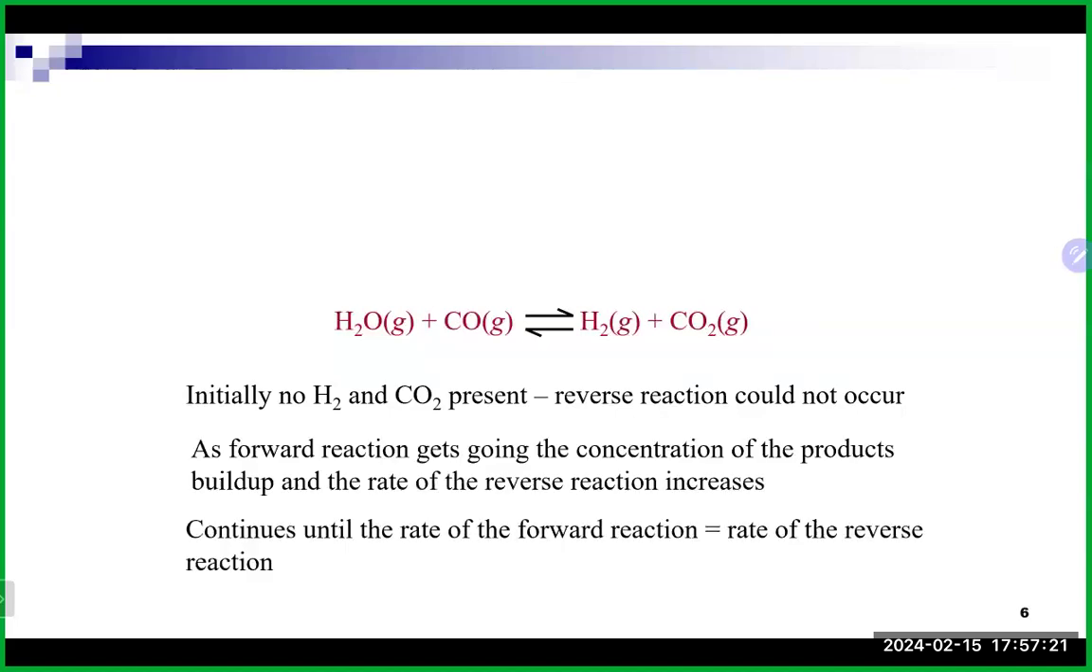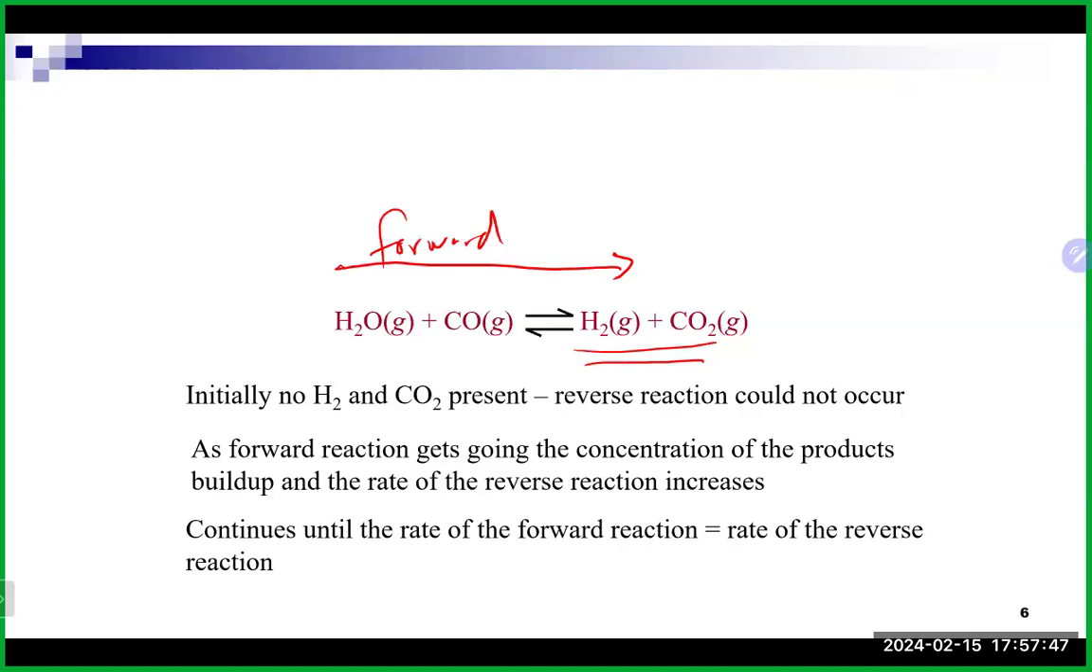So here, when we look at this reaction, which is some water and a little carbon monoxide making some hydrogen and carbon dioxide, initially we have no products. So as I mentioned earlier, just like in the last one, we would expect that at that initial step our forward reaction would really predominate here because